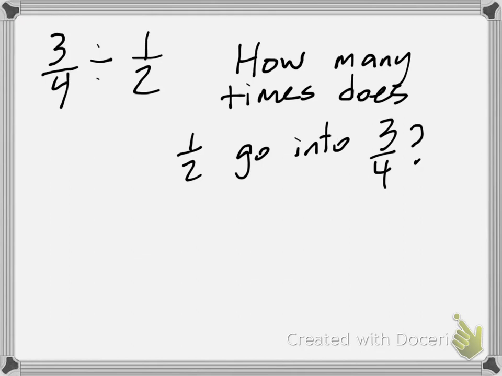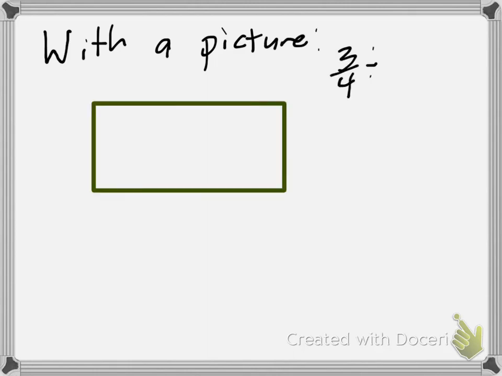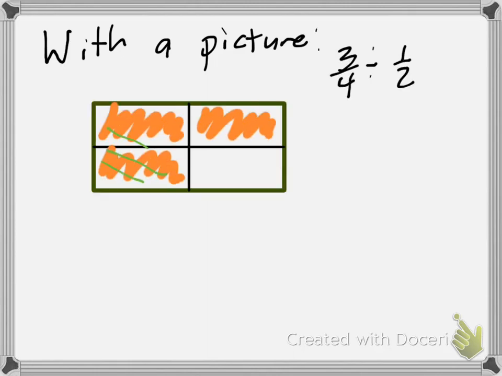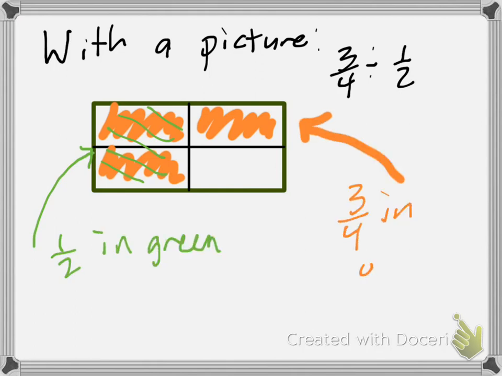But the rest of them really require that you understand that division, in a sense, is a way to say how many times does one number go into another. So let's start with the first method, and it's with drawing a picture. So we start with a whole, and we shade 3/4, and we shade a half,